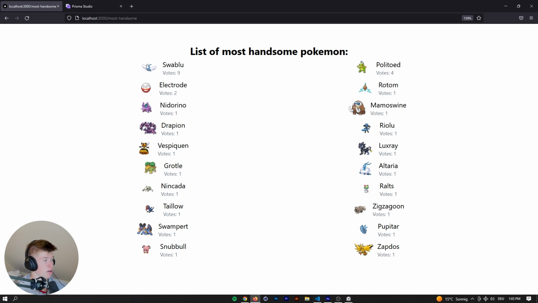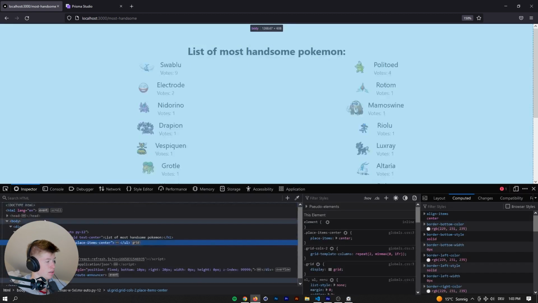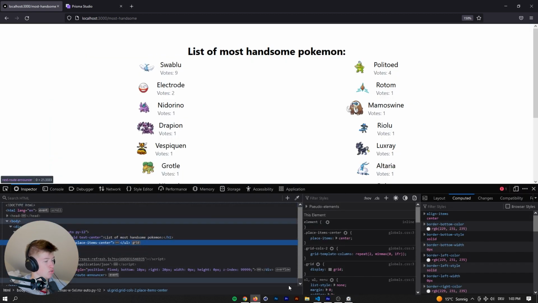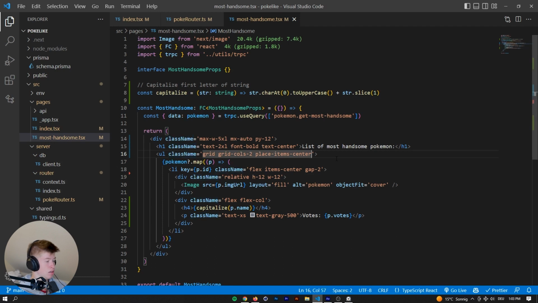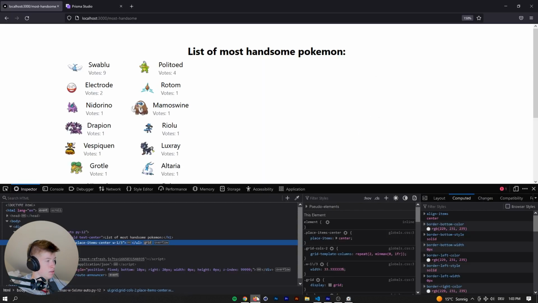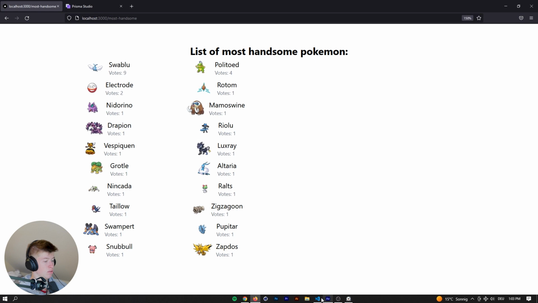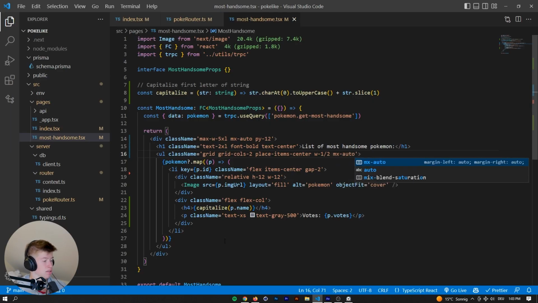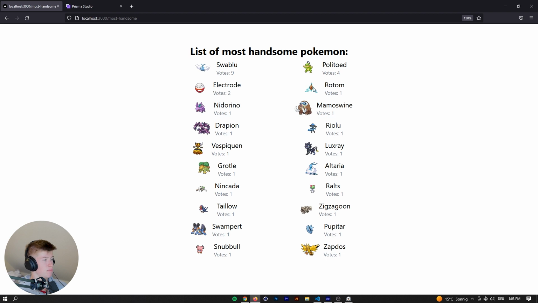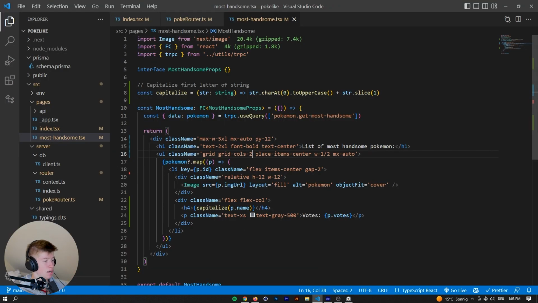Great. Now I think there's a lot of space between these Pokemon. So in the middle right here, let's see why that's the case. Because the grid is very wide. So let's give it a max width of like 1/3. Or actually, no, not a max width, a constant width of 1/3. And now these Pokemon are closer together. They're a bit close together, so let's do like 1/2. That looks better. And we also want the MX auto in this case, so they are in the middle. Nice. Very good. And now we can also have,